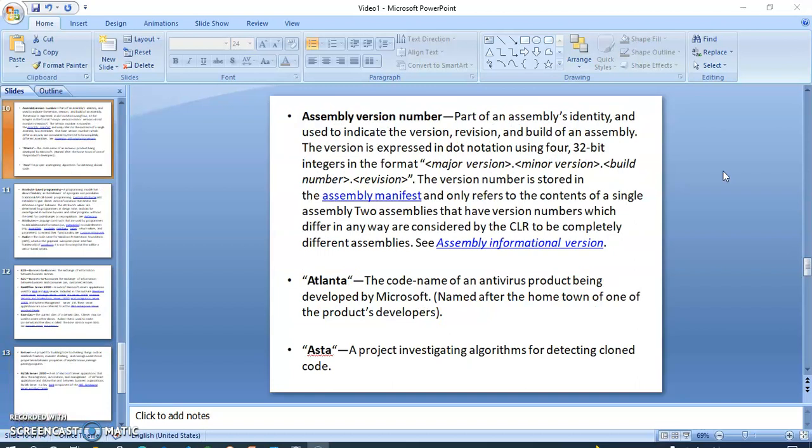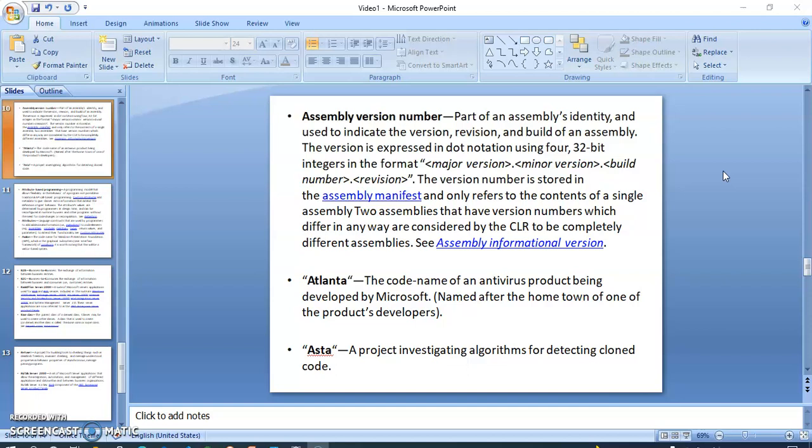And now we will discuss the assembly version number, part of an assembly's identity and used to indicate the version, revision, and build of an assembly. The version is expressed in dot notation using four 32-bit integers in the format major version, minor version, build number, and revision.